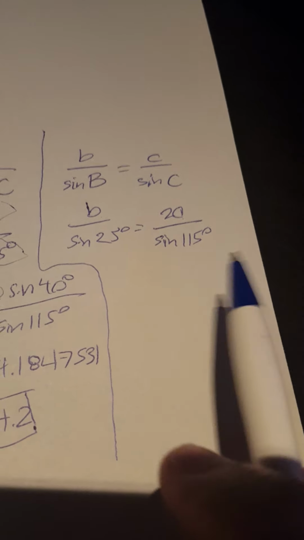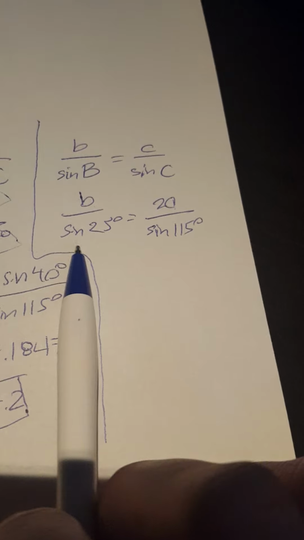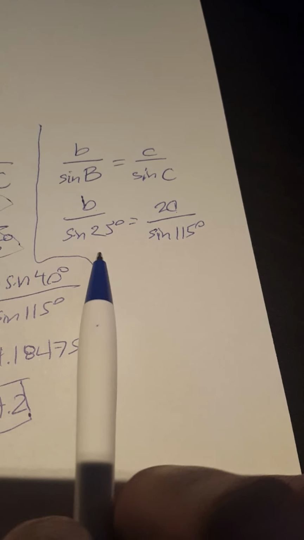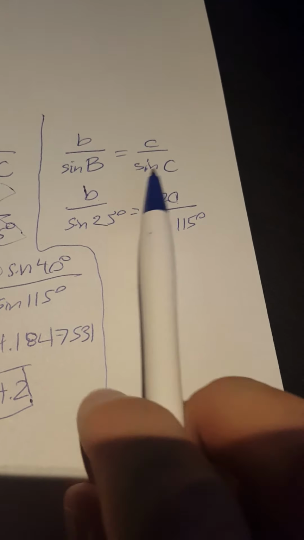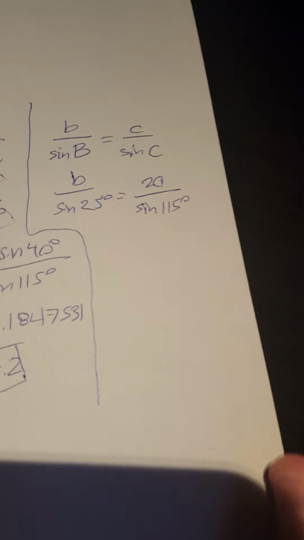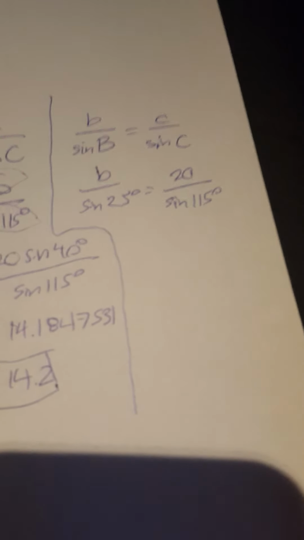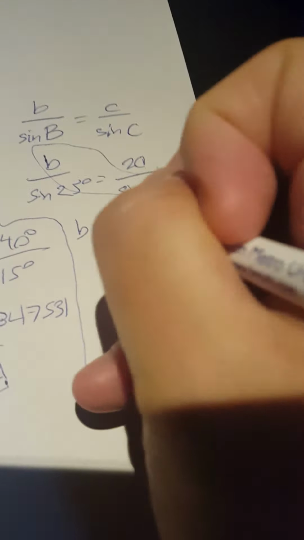Okay, and if we do this and we're going to be looking for side B, let's plug in our information. Angle B is 25 degrees. And of course we have our information for both the C's. Side C is 20 and angle C is 115 degrees. So now if we cross multiply, we're going to wind up with B sine 115